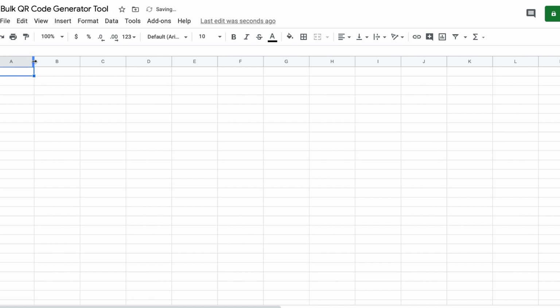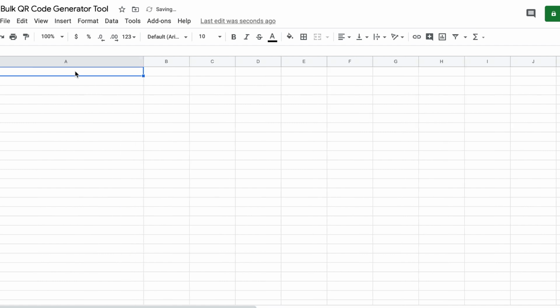In column A, let's resize it because we're going to add a few fields here. In column A, we can either put the email address or the URL or a phone number, and address, a physical address. And in column B, we will generate the QR codes using a very simple formula.